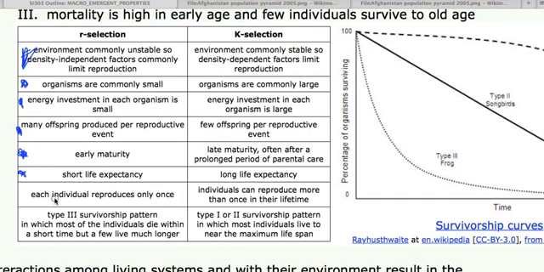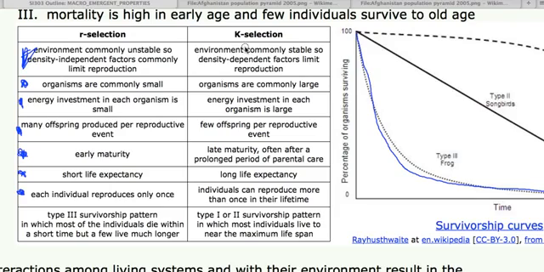Generally speaking, each individual will get only one chance at reproduction, or very few, because you don't live long enough to have multiple reproductive events. And usually they have a type 3 survivorship pattern. Type 3 survivorship is where if you graph percentage of organisms surviving versus time, from the outset you have a plummeting survivorship curve, and then it tends to level off and becomes asymptotic with the x-axis over time. So frogs and a lot of bugs are in that category.